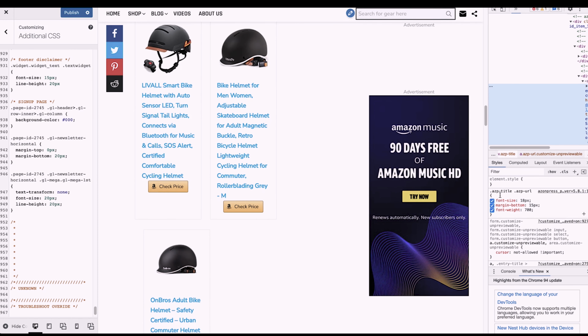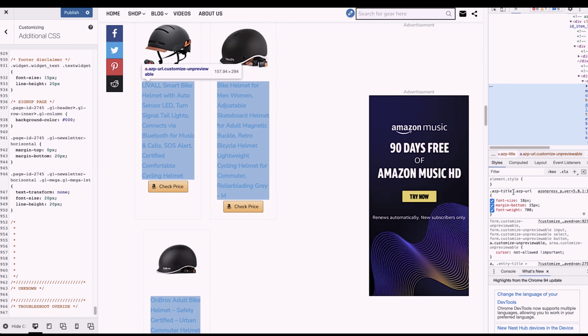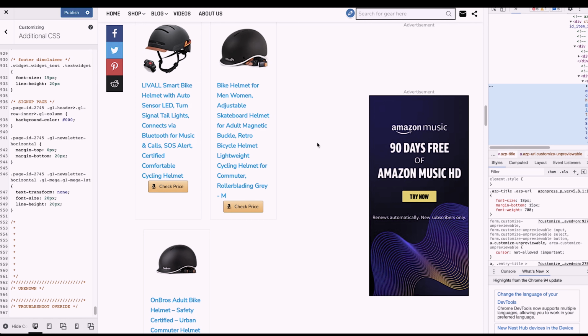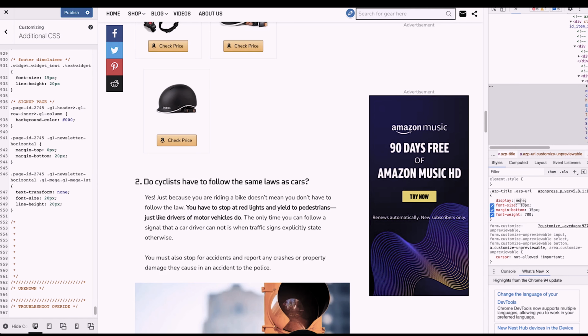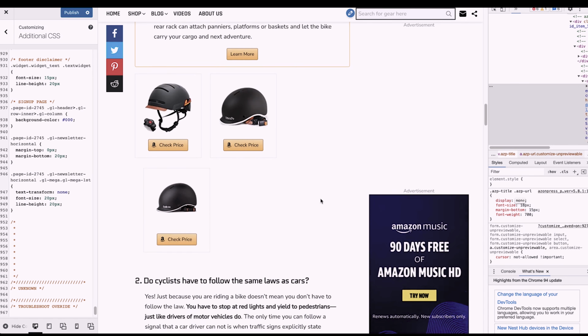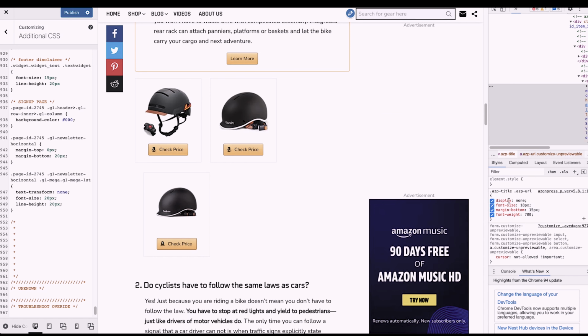All right, so here we're selecting everything that has the class of title and URL for this element. I'm also going to add one more rule, which is display none, and you can see that the titles all magically disappeared. That didn't save my edit. That just gave me a preview to see what it will look like, or if the code is valid, if the code works. I can see that it does work. So I'm going to copy the whole thing